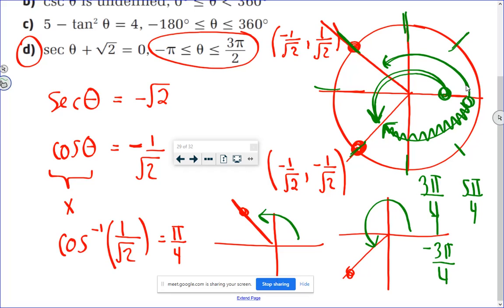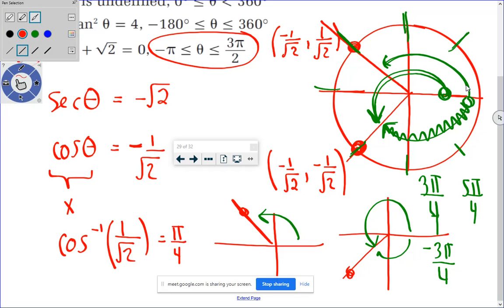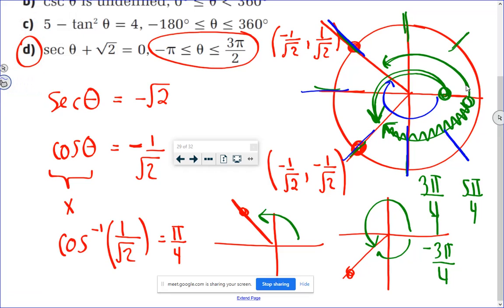Now, could we also go from 0 in a negative direction all the way to here? Well, you could. That would be negative 1, negative 2, negative 3, negative 4, negative 5 pi over 4. But that's not in the domain. That's past negative pi. So I really don't think it's that difficult to do problems with negative numbers in the domain as long as we're looking at exact values. Anyway, that's my review of